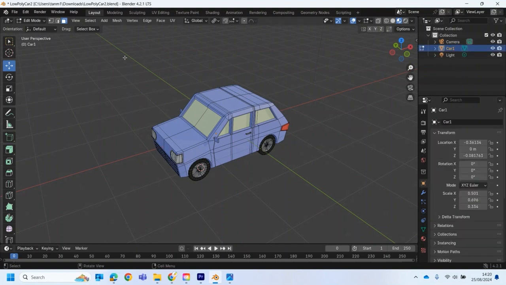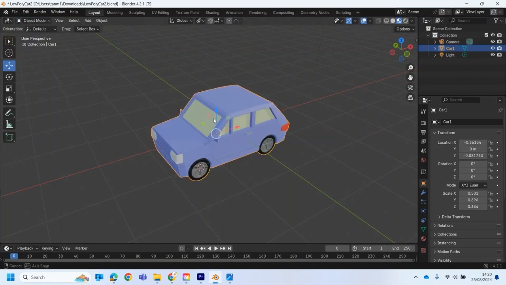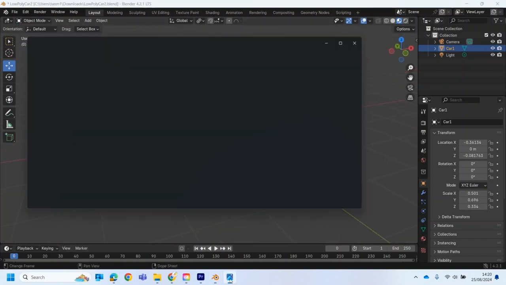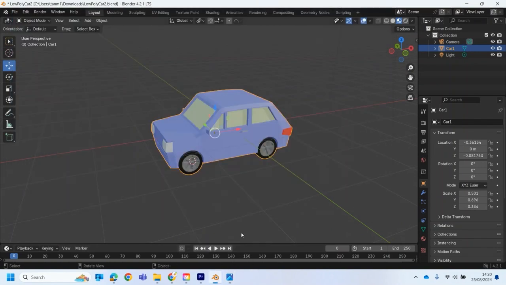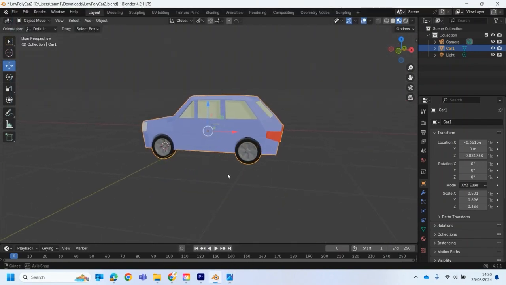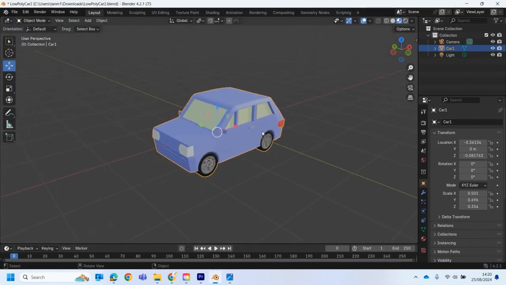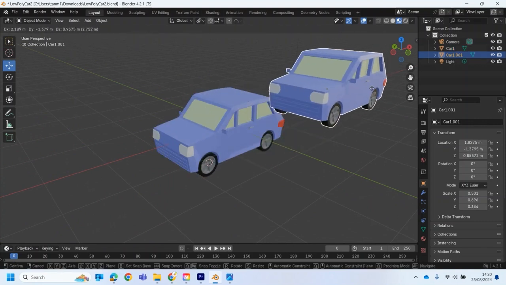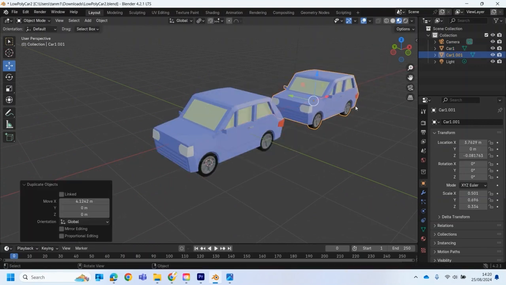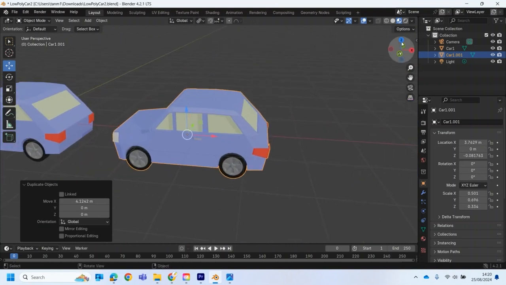Okay. And this one now, I'm just going to create the variation of the same car. So it's kind of more like a little van. It's going to be very easy. I'm just going to adapt this one. So I'm just going to duplicate this car. Shift D. Put it somewhere. Press X, just there. And I'm going to come here and